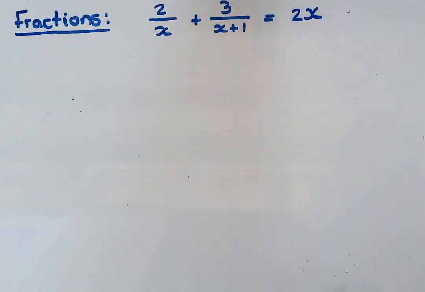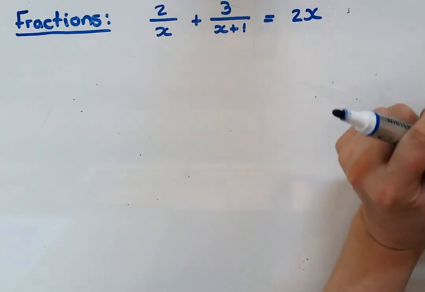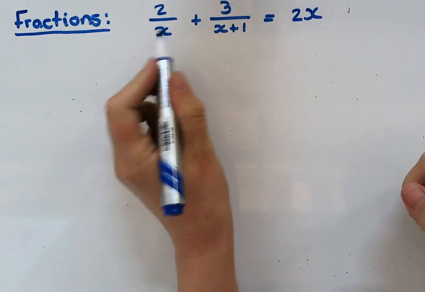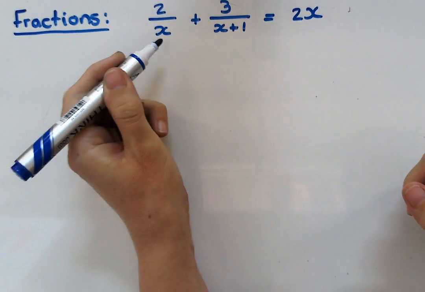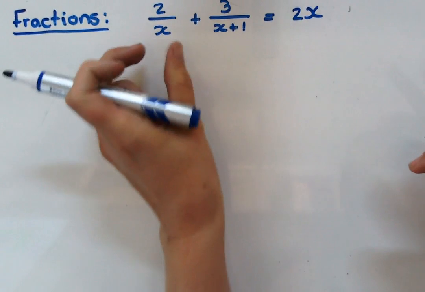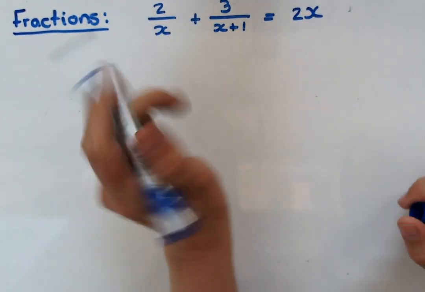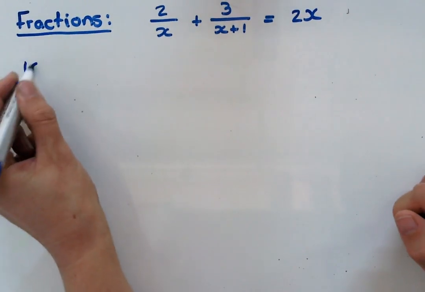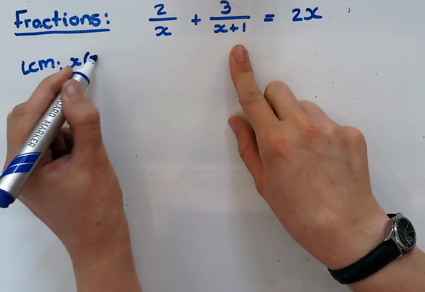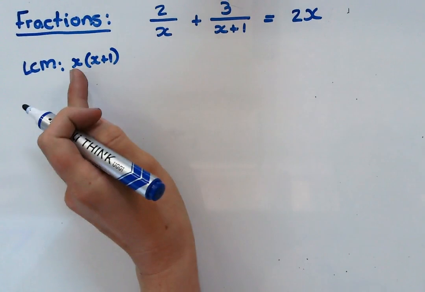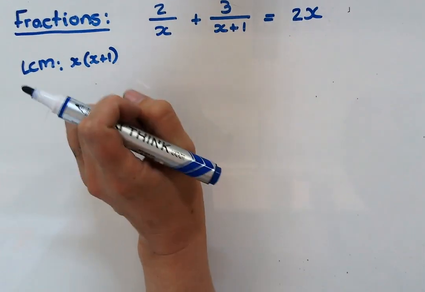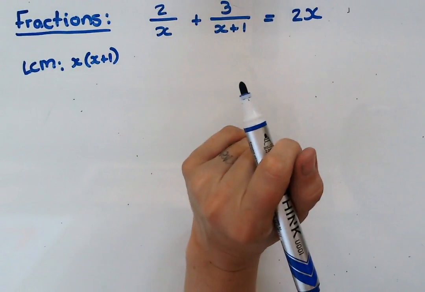Okay. Right, so how the fraction equations work is, first of all, if there's numbers in the denominators, the bottom part of the fraction, then if there's just numbers, no x's, then you can just multiply with every one that's there. Okay? So the lowest common multiple is everything that's present there. So there's an x present, and there's an x plus 1 present. And if this lowest common multiple just contains numbers, you just multiply every single term with that lowest common multiple, right? And then simplify from there.